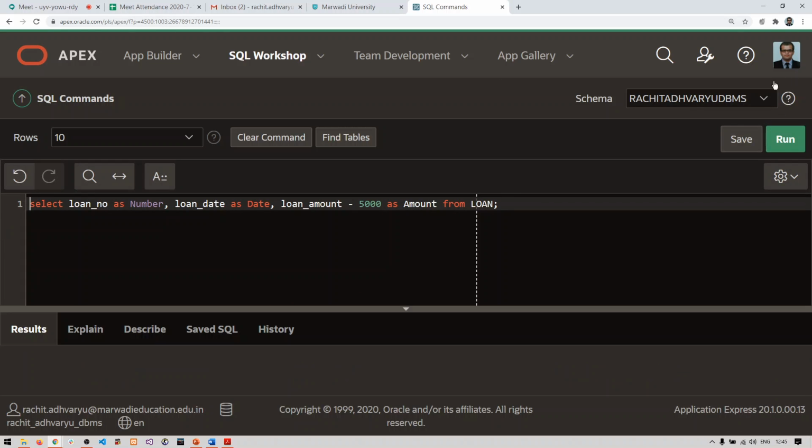Run. From keyword missing. Okay, just a moment. I think there is a mistake. Sometimes Oracle misbehaves, so we need to just see: as number, loan_date as date, and loan_amount minus 5000 as amount from loan.